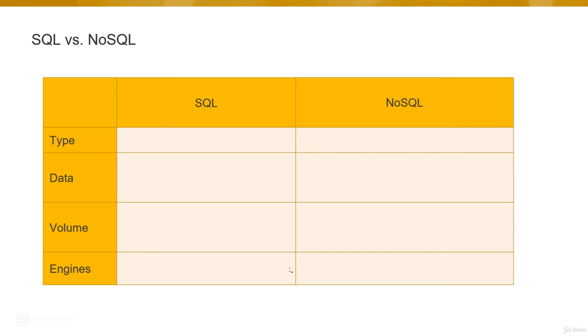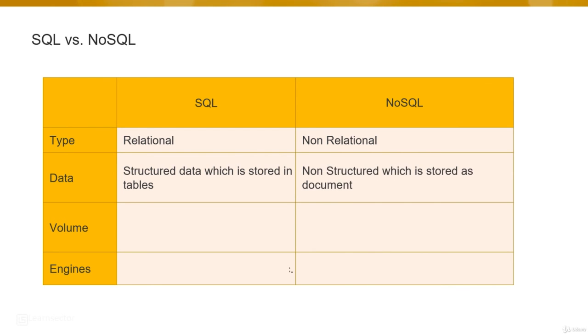So we can now say that SQL databases are relational databases, whereas NoSQL are non-relational. In SQL, data is structured and stored in the form of tables, whereas in NoSQL, it is non-structured data which is stored as documents. There is a table-like thing which will appear once we go ahead and see the NoSQL databases in detail. There you will understand it in a better way. But in the backend, it is like a JSON document in which the data is stored because it is non-structured data.